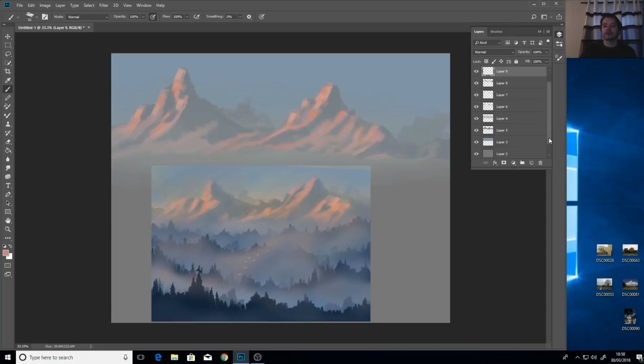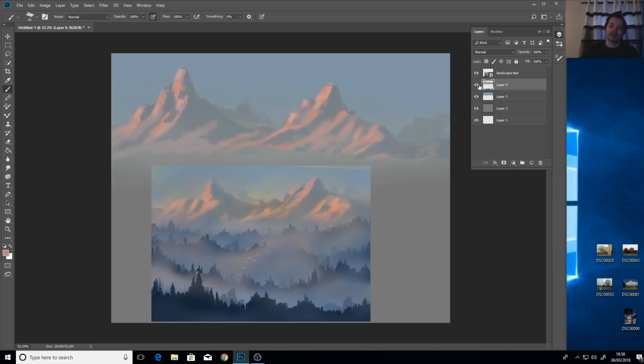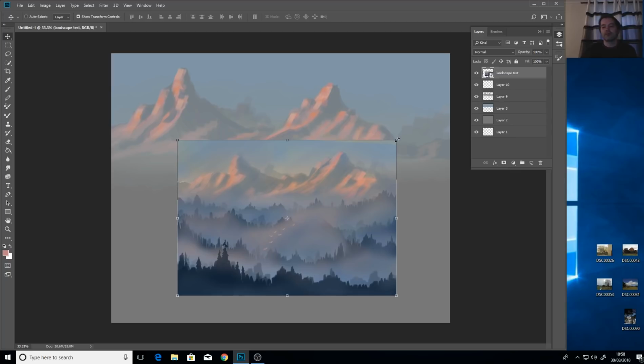So what I'm going to do now is, I've got everything on different layers, but I'm pretty happy with that. So what I do is I highlight all these layers, which are all mountain layers, and I right click and then I merge them all together. So now the mountains are in one layer, like this, and then the sky's in one layer. Just makes this work area a bit easier to use. So let's move this again,